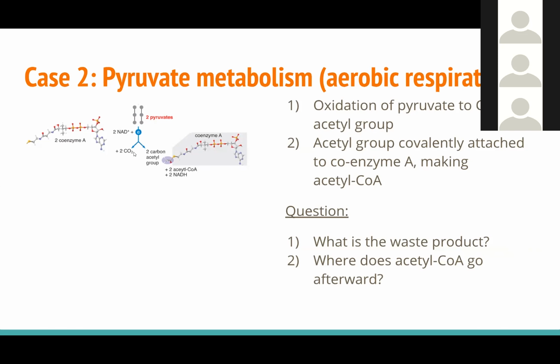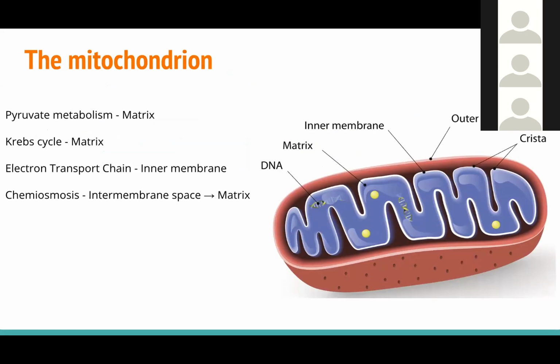In this case, your waste product is carbon dioxide. Yep. So to answer the second question, acetyl-CoA is going to be used in Krebs cycle. So one thing to remember is that glycolysis happens in the cytoplasm, and pyruvate metabolism happens in the matrix of the mitochondria. Krebs cycle also happens in the matrix. ETC happens in the inner membrane, and